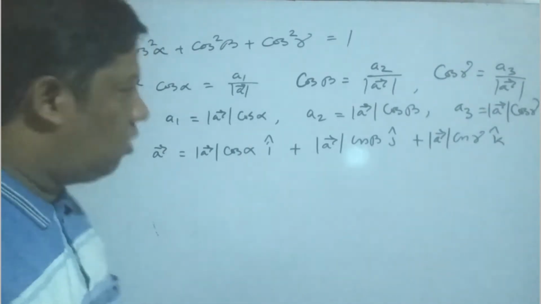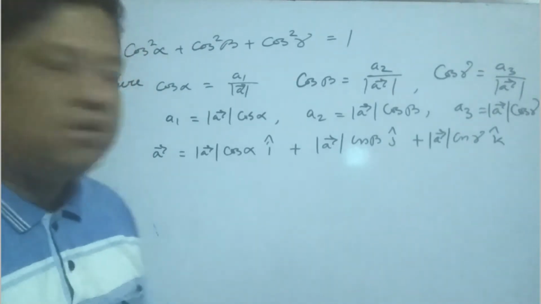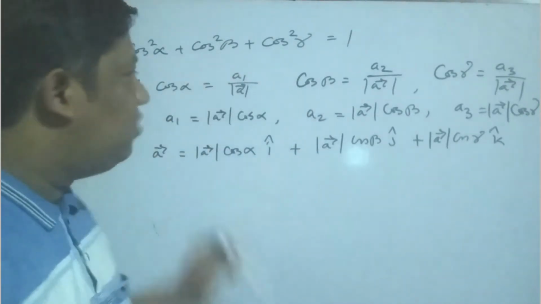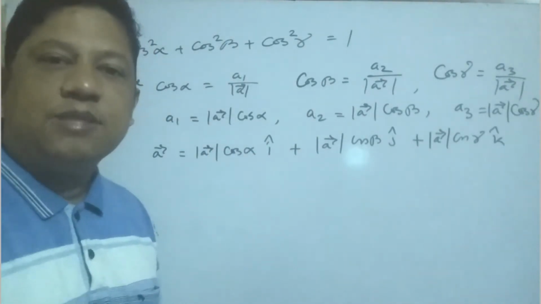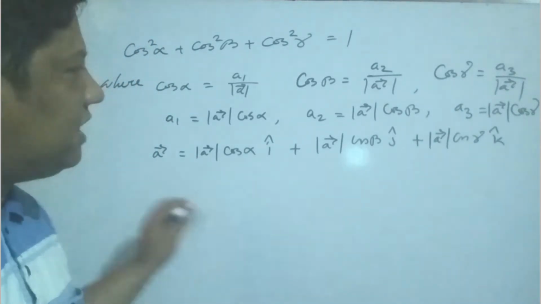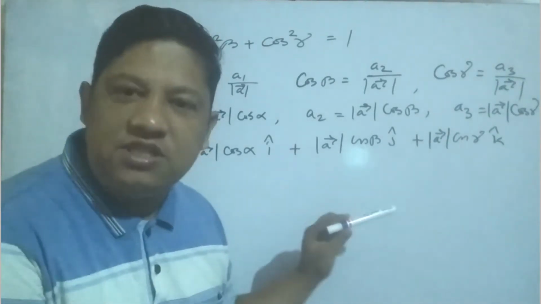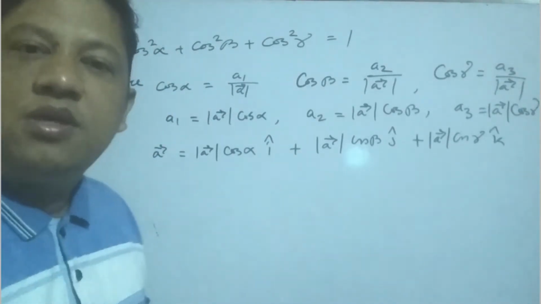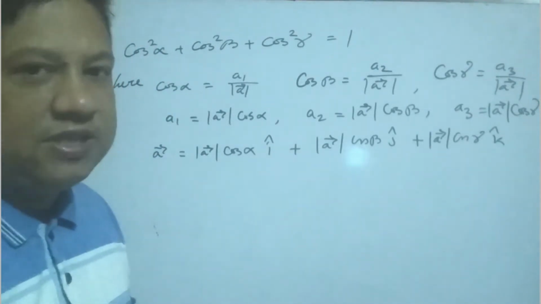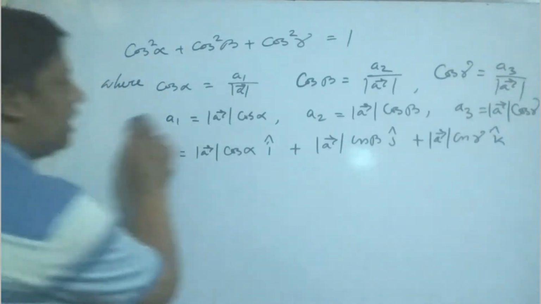So my student, for the first exercise, that means 11.1, you can solve all these questions using these identities. Suppose in some questions you have to find direction cosine, direction ratio, and like this. So this exercise is already finished, because you just have to find the direction cosine, direction ratio like this. So I think you understand this exercise. Next, for the second exercise, straight line.